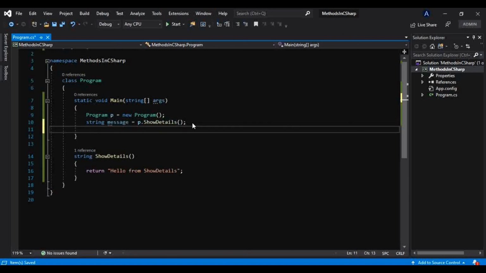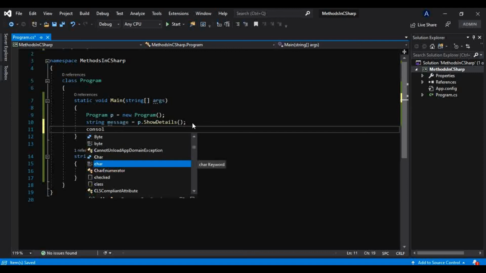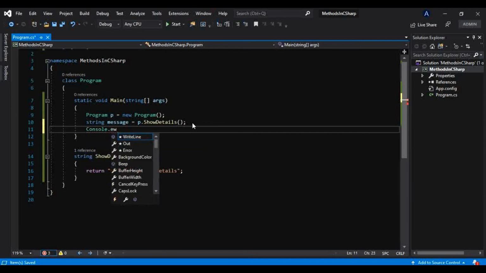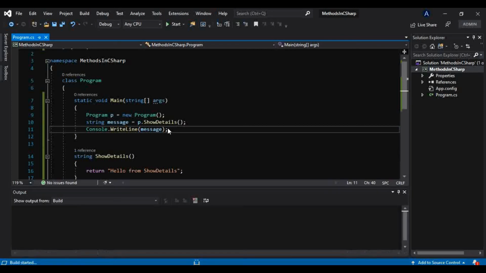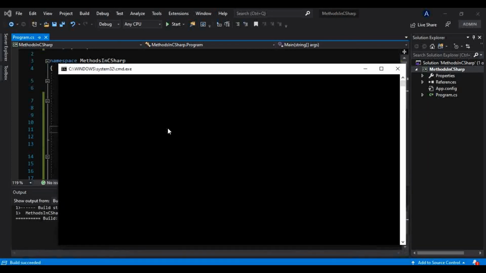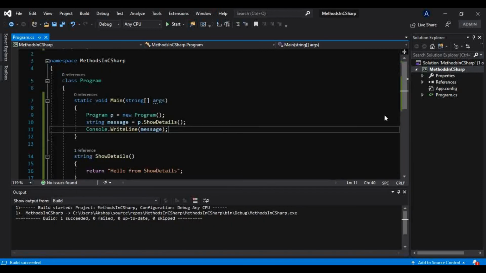So whatever message we are getting, I will type Console.WriteLine, and I will take that message and keep that inside the parentheses of the WriteLine method, and I will print that. Okay, so it is printing our message, that is hello from show details.